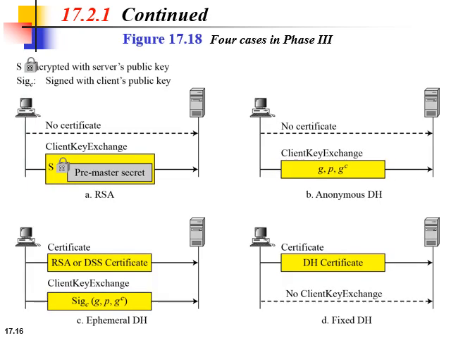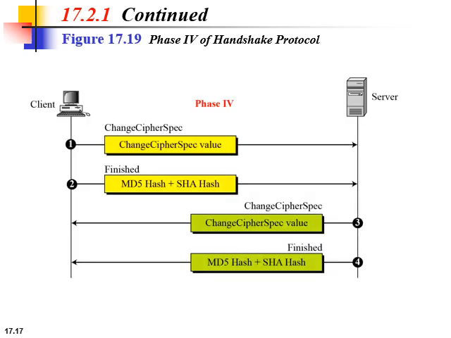So there are a few combinations that the client sends out to the server. One is no certificate, and client key exchange with the pre-master secret. Second, no certificate, but all the three keys that we talked about. Next is an RSA or DSS certificate, and the client key exchange signed, all the three keys that we discussed. And as we have already studied, the DH certificate with no key exchange. So these are the few combinations that can be used in order to authenticate the client to the server.